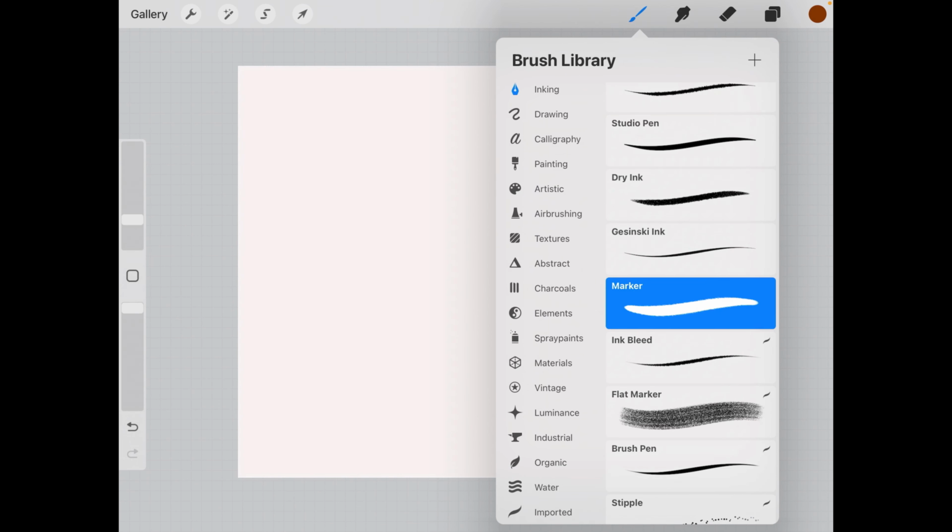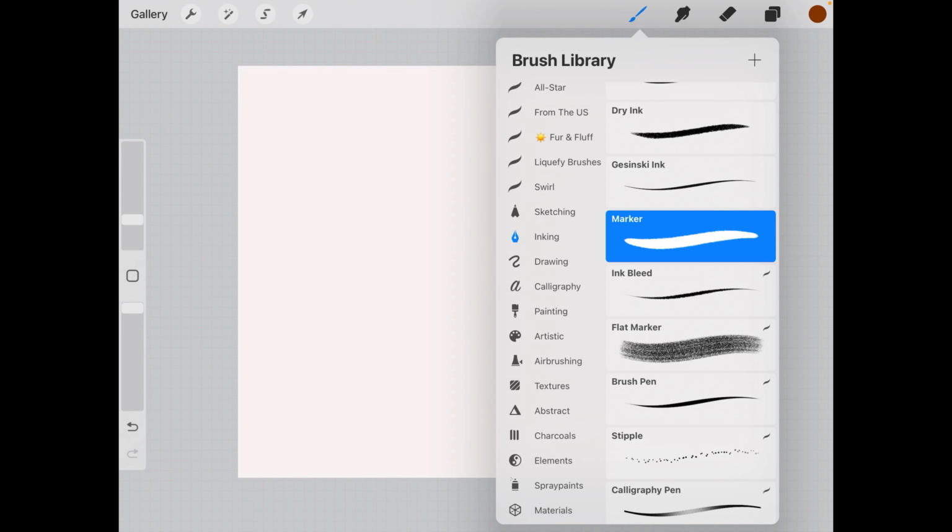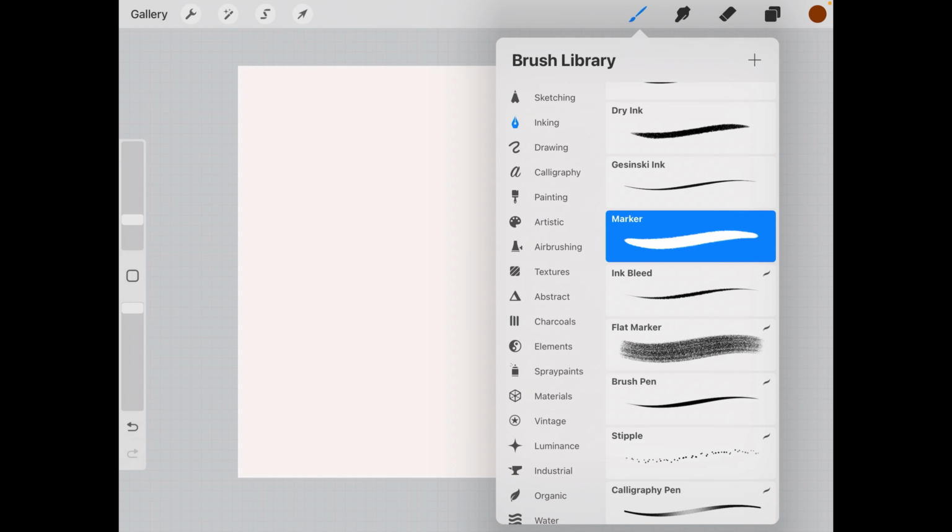Now this is where I got really confused when I was first learning Procreate. So I'm going to just explain this part to you in a little more detail. So first what happens is, when I click on this is your brush library. Okay, and you will get a huge number of default brushes, and normally the default brushes are more than enough to do any kind of artwork.